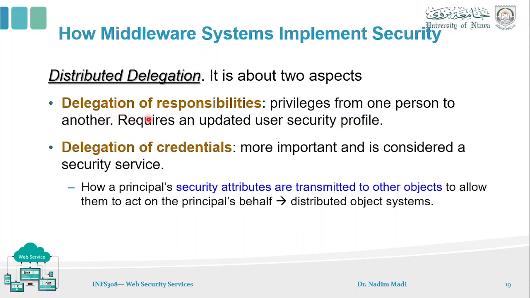We have two different types of delegation when we talk about web services and distributed systems. We have delegation of responsibilities, where a client delegates the middleware to hold specific responsibilities or actions, where the middleware can interact with the server by performing specific actions. For example, making the login, finalizing an online purchase, or verifying the receipt of the order and so on.